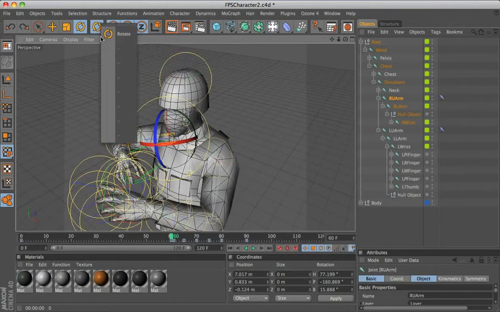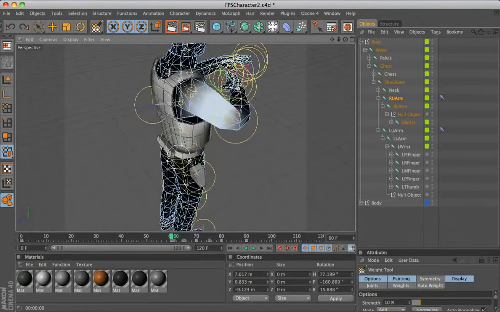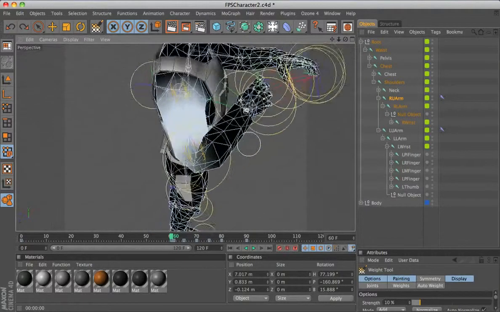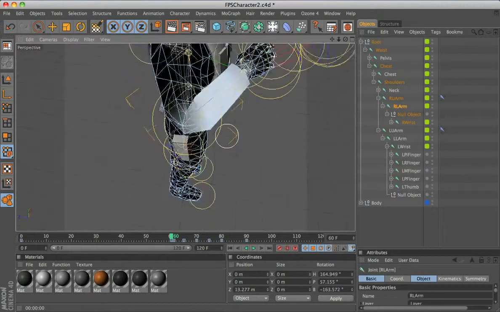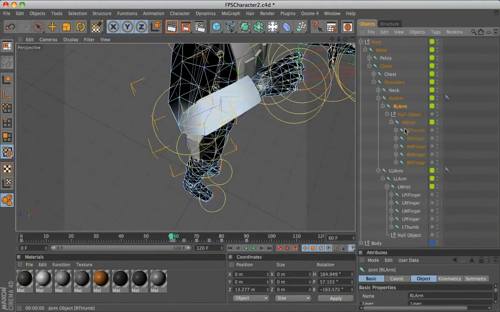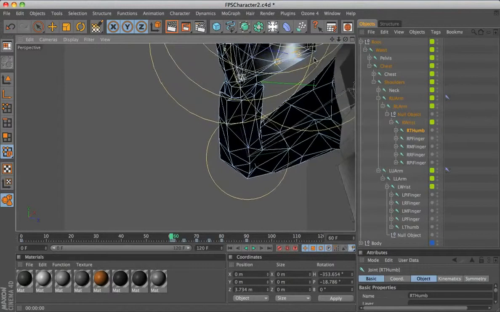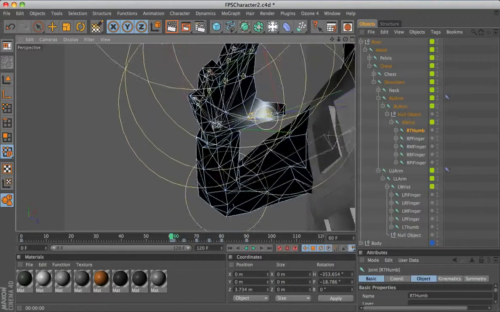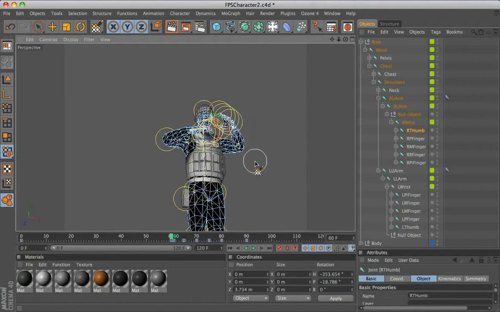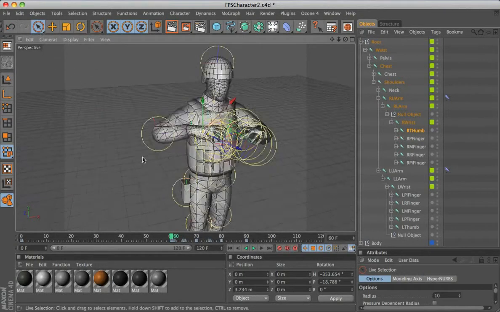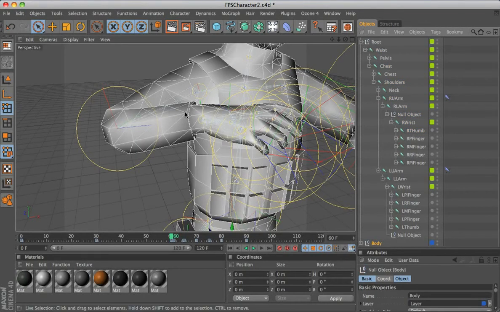So let me find a weight tool. And as you can see, I've weighted this specific area just for the right upper arm, and then the right lower arm, and then of course all the fingers have been separately weighted, which does take a lot of time, but if you pull it off correctly, it does save you a lot of time when animating, instead of just grabbing one point here and